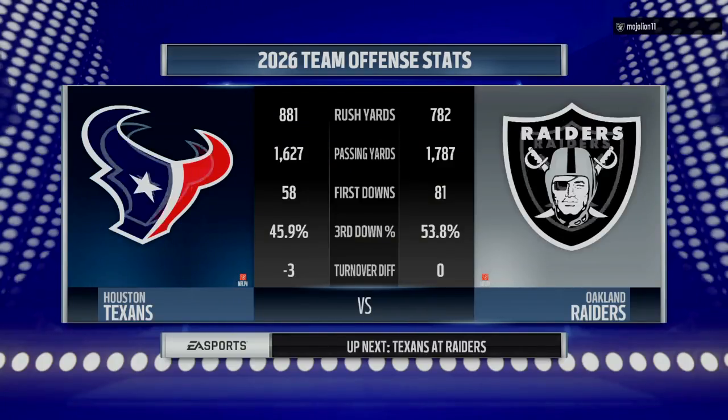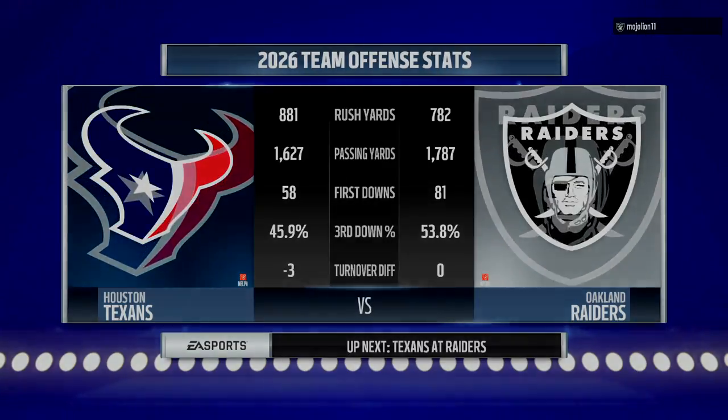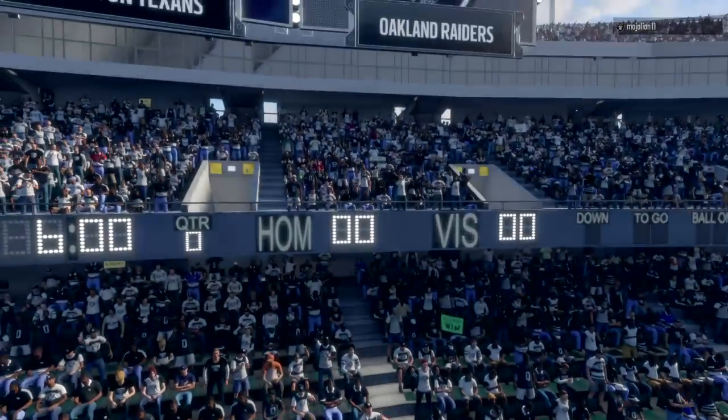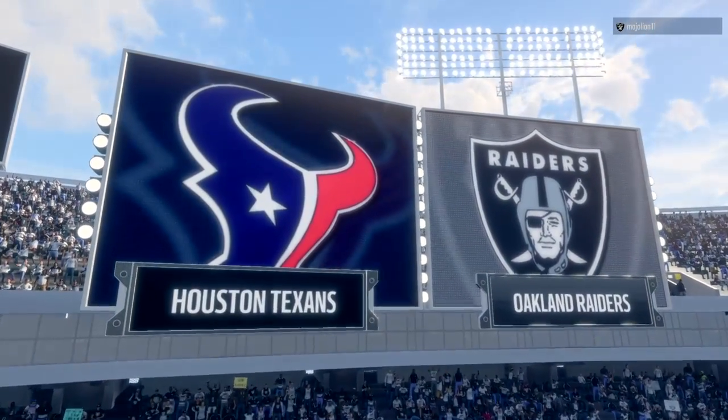Hello, everyone. I'm Larry Ridley. Welcome to the NFL on EA Sports. Today, we'll see a team that can get it done on the ground. The Raiders lead the league in rushing TDs, and they'll go up against the Texans, who will need to be